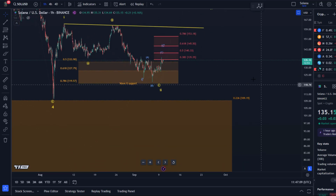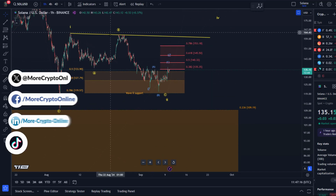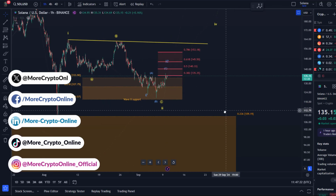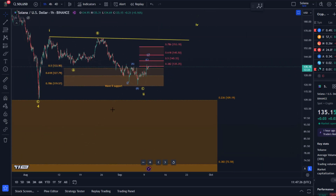It's between $135.35 and $153.18. As you know, we are watching for both the yellow and the blue counts. Yellow is bullish. The blue one is more bearish. This is a wave 1 to the downside in the blue scenario because we have 5 waves down. Then an A, B with an overshooting B wave to the downside and a C wave up, which could complete